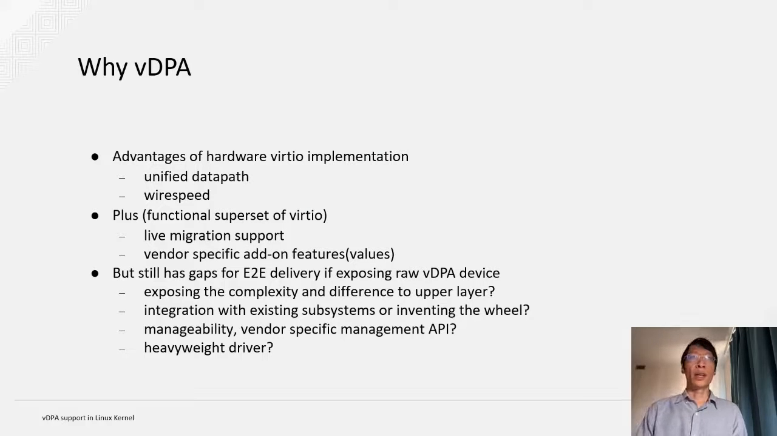So why do we need VDPA? You can see that we gain almost every advantage of the hardware virtio implementations. For example, it has a unified data path with an open standard, and it can reach wire speed. Besides those advantages, we also gain more. We gain live migration support by supporting the vhost features like device state recovery. It also allows vendors to add their